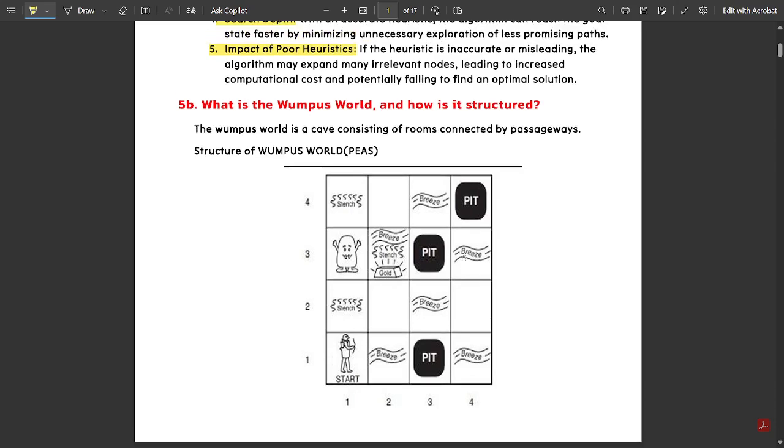Next question, very important, guys. A fixed question from my side. I'm telling you, this will be coming for the exam for sure. Okay, what is the Wumpus world and how is it